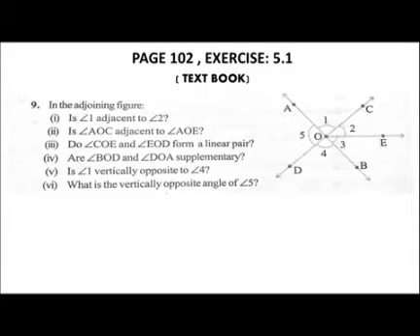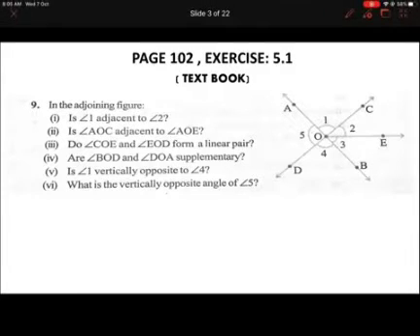So in this main, in this figure, you can see two intersecting lines and one ray which is starting from O. So there are two lines, intersecting lines. They are, can you identify? They are AB and DC, line DC. Okay, so they are intersecting at point O, and from the same point O,